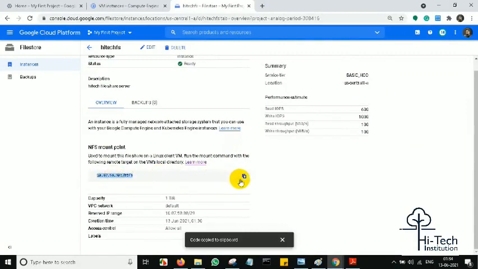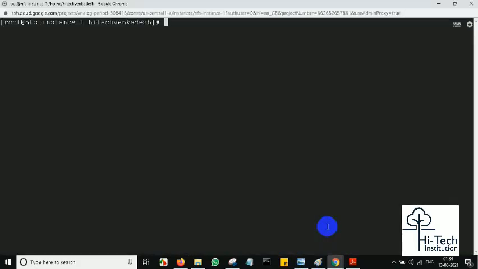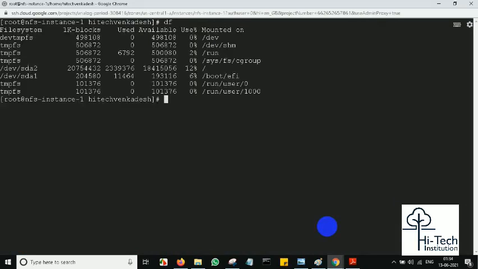This is the mount point. I'm coming to one instance first and I'll be connecting it. Before connecting to this, I'll just list the file systems. You can see there is no mounted file system, only the inbuilt file system is there. Now I'm going to connect this file system externally, which is the file share.